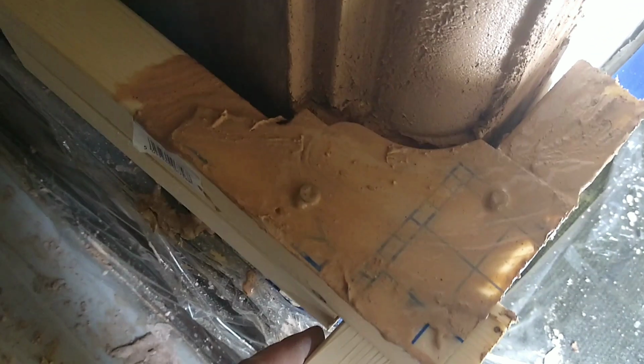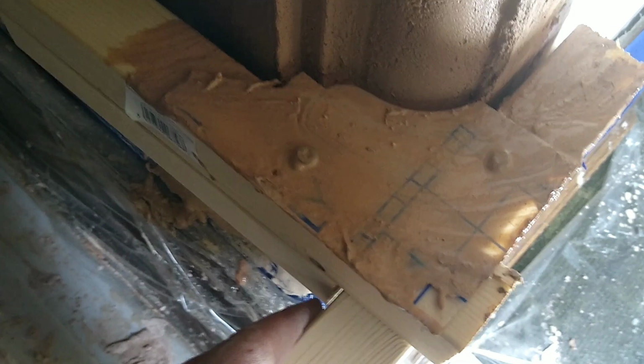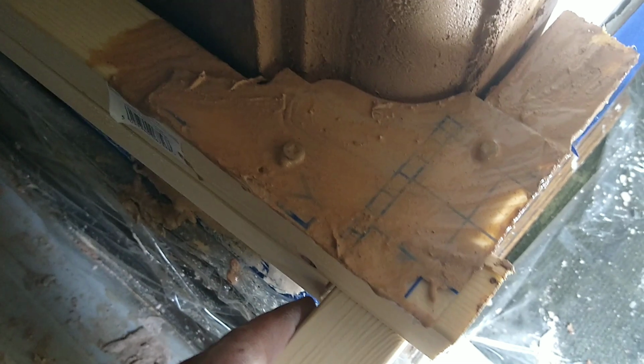Now I have sealed up this arch with some PVA, and I've glooped on the first run of multi-finish. Again, this is about 3mm in thickness, guys. Now if you were going to do this from scratch, you would use casting plaster, okay, but because we're only adding a couple of mil over the top, there's no reason why you can't use your skim, same as when you skim walls. So we've fixed our perspex to the timber frame, and as you can see there, I'm just marrying that up against the two walls